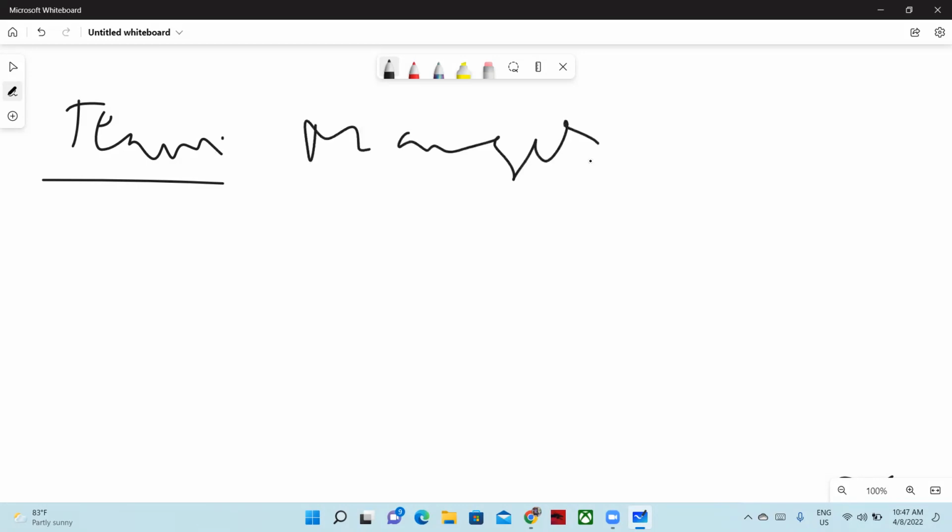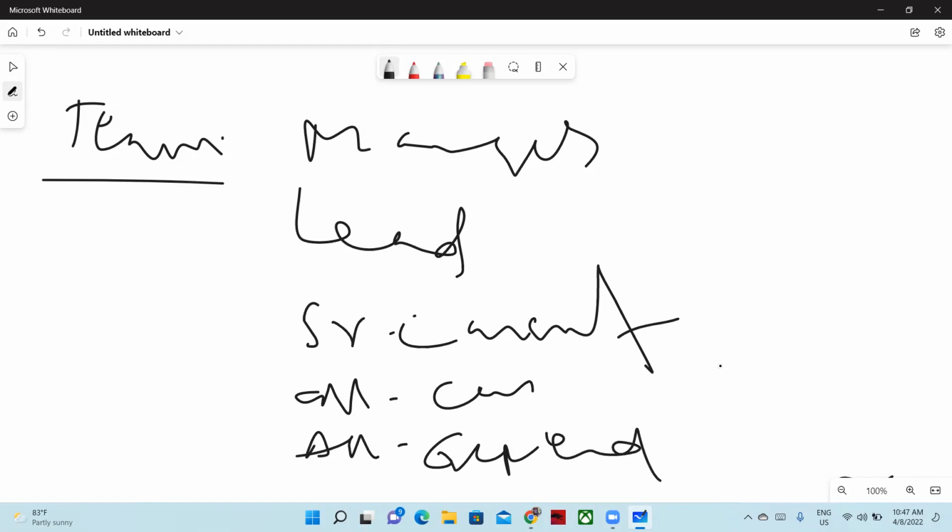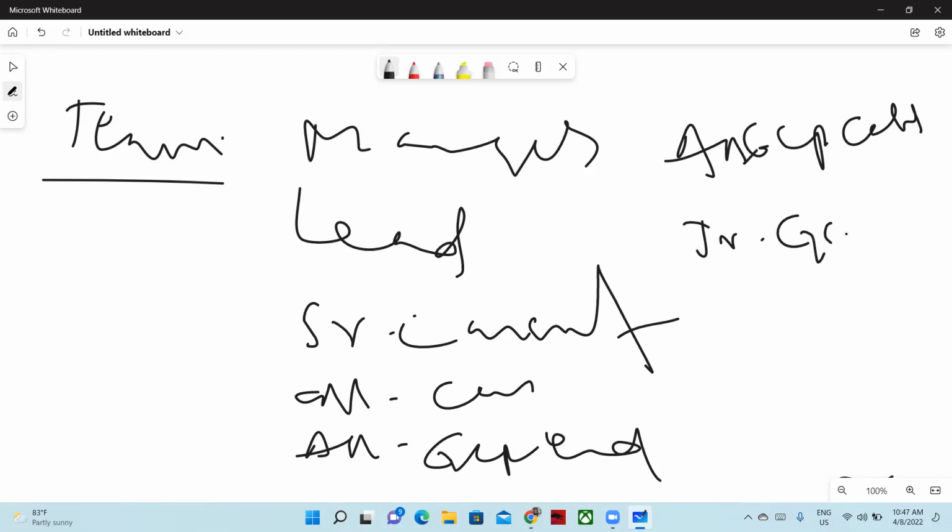Okay, so in the team: managers, lead, senior consultant, associate consultant, associate cloud engineer or associate GCP engineer, associate GCP consultant, junior GCP engineer, freshers.